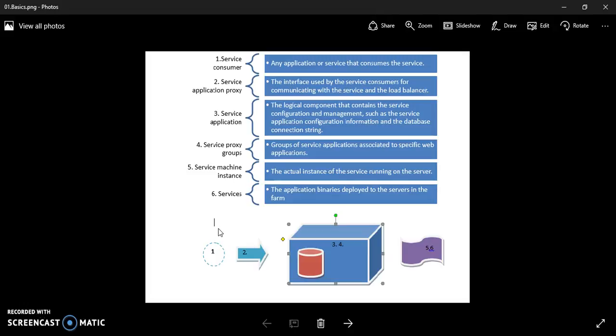Most of the time the service applications are created automatically during the installation with the farm configuration wizard. But today we will have a look at how a service application can be created with the help of PowerShell. Before going on, the fundamentals of a service application: you have a service consumer, that is any application or service